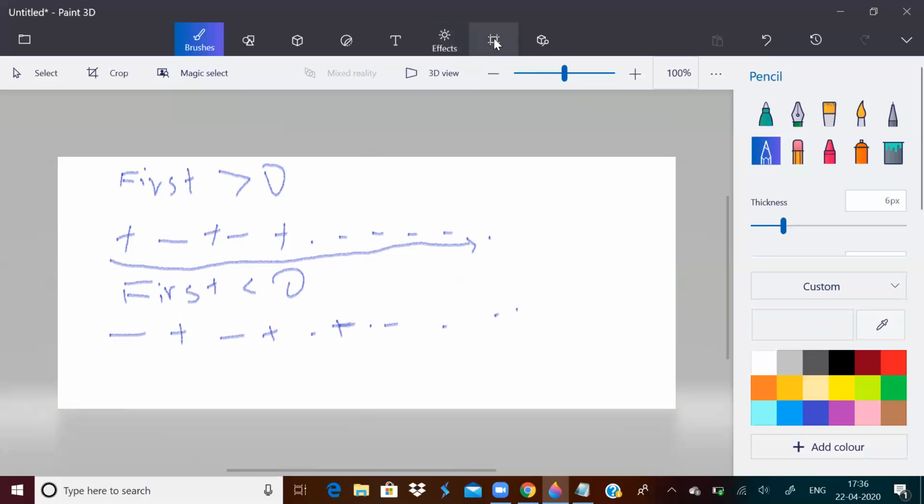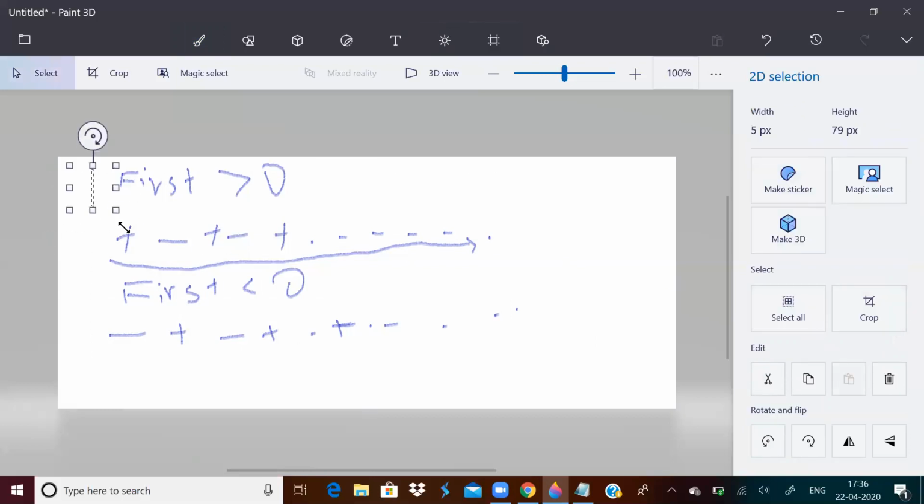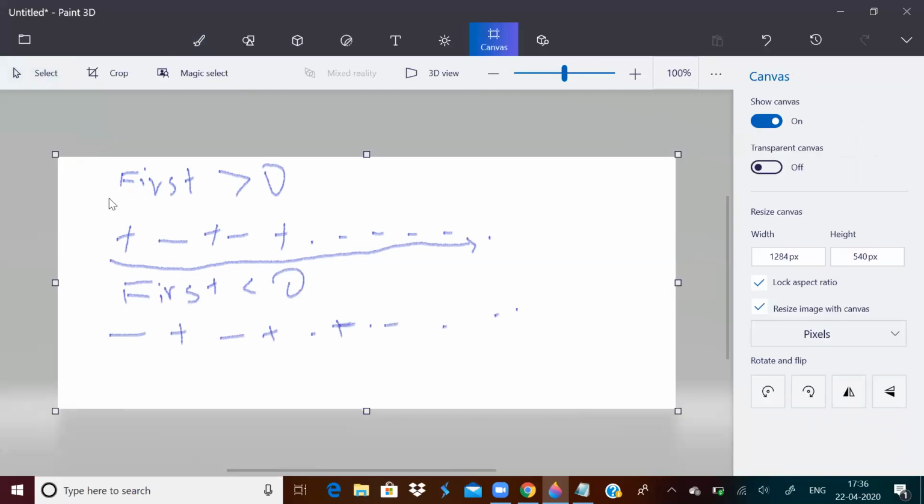But how am I going to get the maximum sum now? I hope it is clear that you have to get this idea first, that if the first element is greater than 0, you will find this kind of sequence. And if first element is less than 0, you will find this kind of sequence.